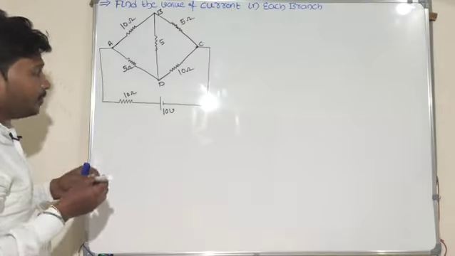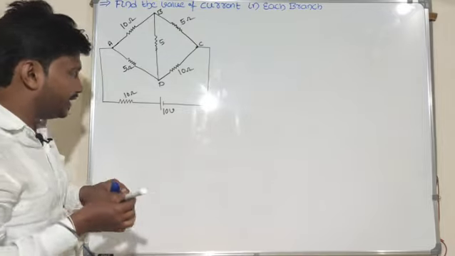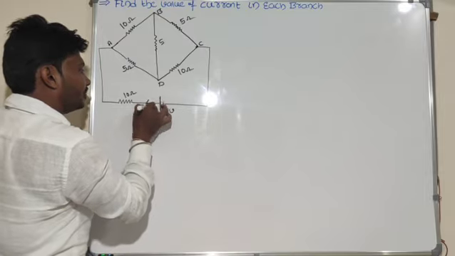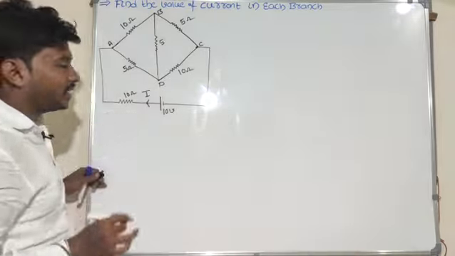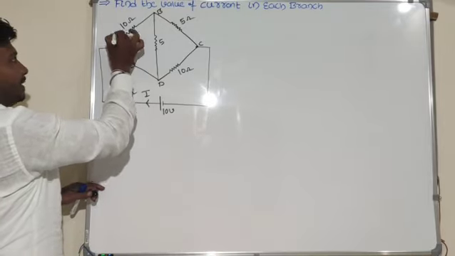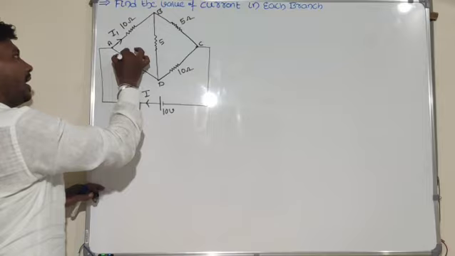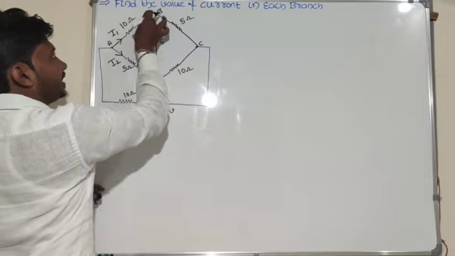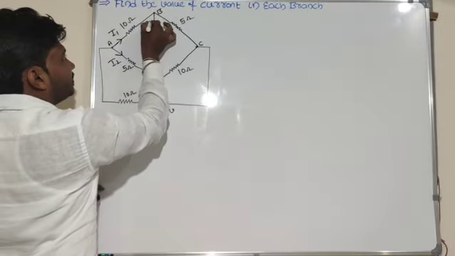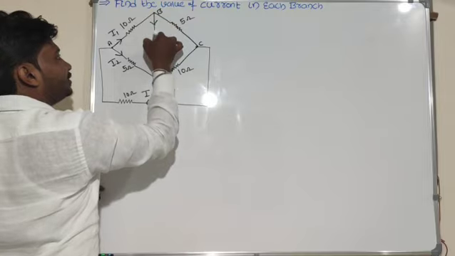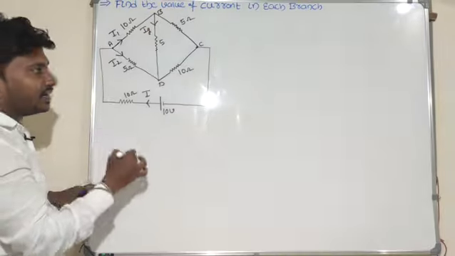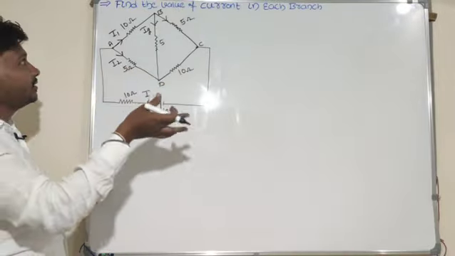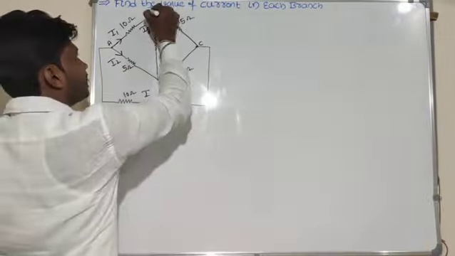For example, first I need to draw the direction of the current. From the battery, I amount of current is flowing here. This current I is split up into I1 and I2 here, right? Now again, current I1 is split into two paths here. Some amount of current enters this branch BD. That current I will take as IG. In the balancing condition, we took the same value. Remaining current is I3 here.